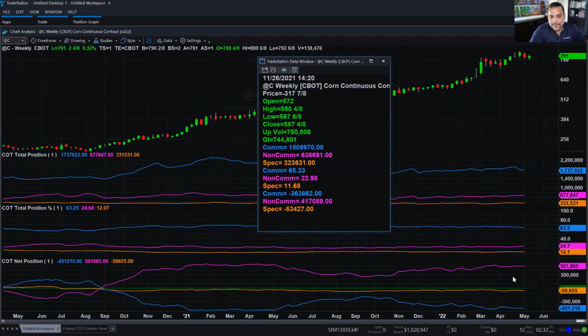But here we can see which side of the market they are favoring. For example, the magenta line, the non-commercials, are net long, which is really interesting. Net long. How do we know that? Because that's a positive number. This net position indicator gives you negative numbers if that group of traders is short, and a positive number if that group of traders is net long. And in this case, the non-commercials are net long.